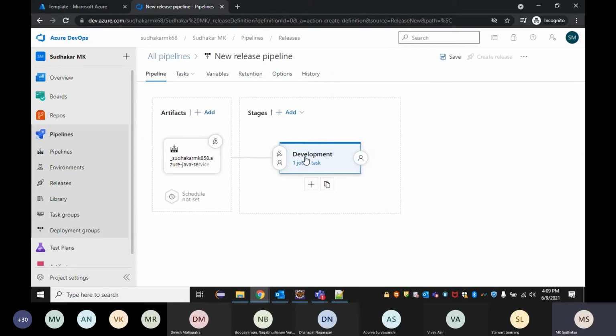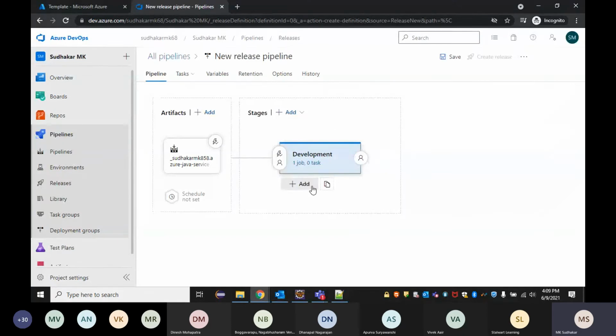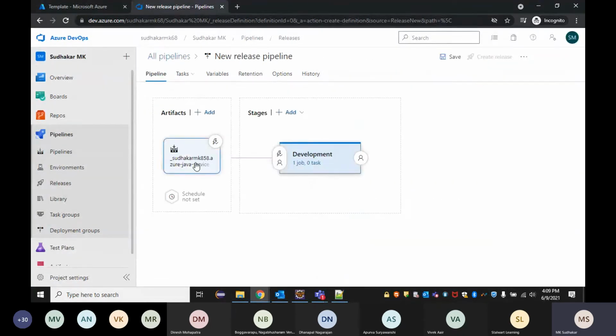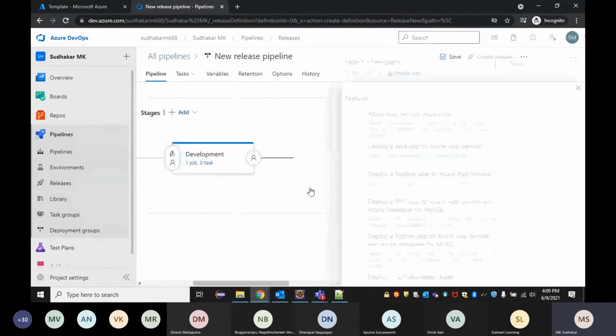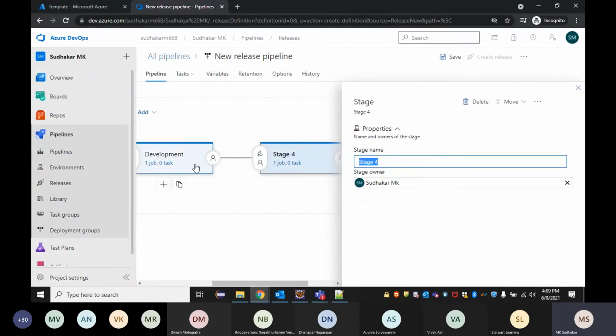So this is my development stage, and here we have jobs and tasks to be created under the development stage, and we have one more called pre-prod. We can click on this so that it will create one more stage linked from development to the other, right? So let me create pre-prod.